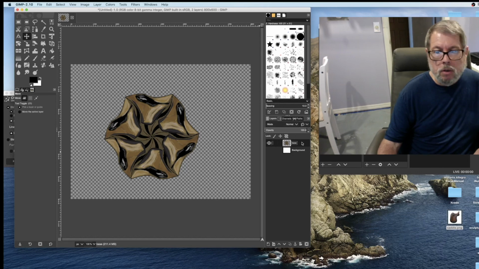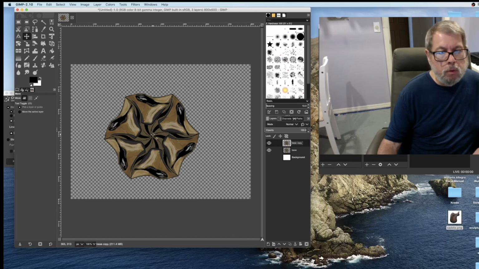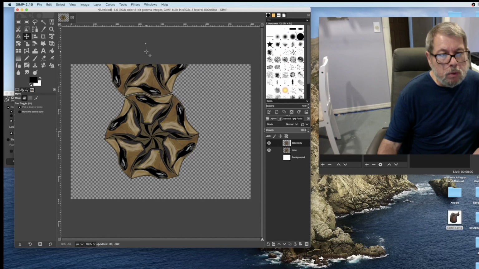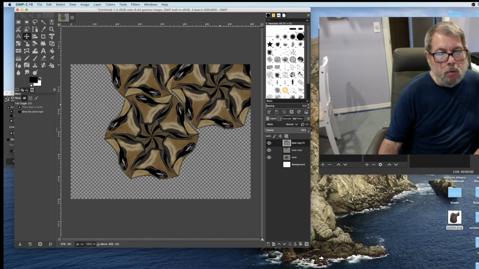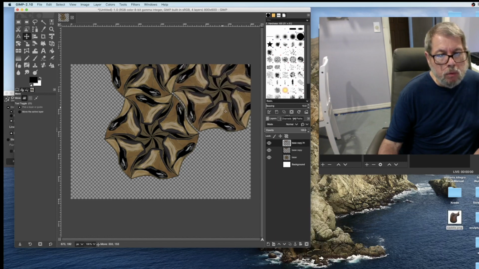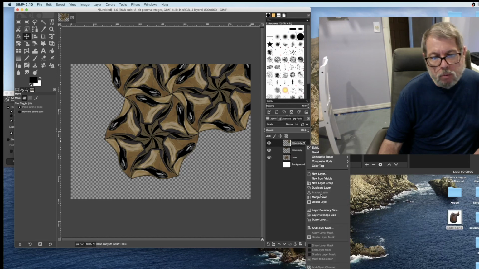And now I can just duplicate and move it to fill my whole page. So I'm going to duplicate the layer and use my move tool to move it into another position. Duplicate that layer again. It doesn't really matter which layer you duplicate, so long as you're doing duplicate and move, you should be able to move it into the right position. It's just hard to keep track if you're not consistent with which layer you're doing. So I always try to do the top layer. So duplicate layer,